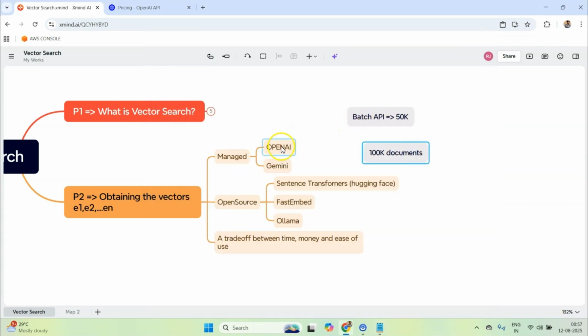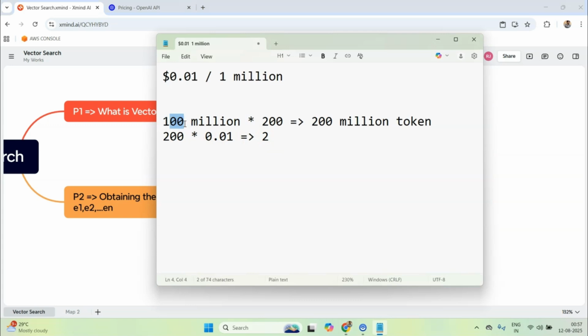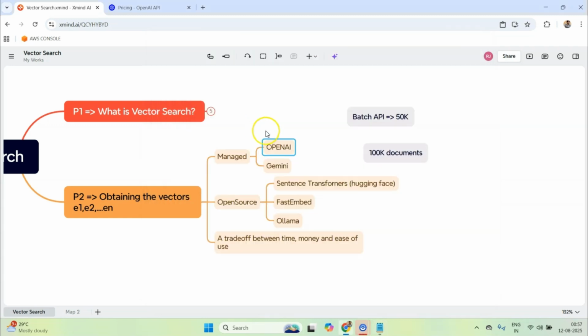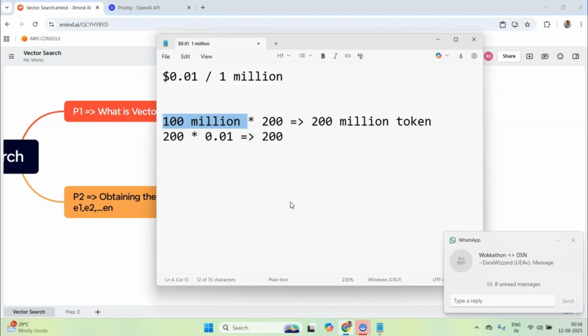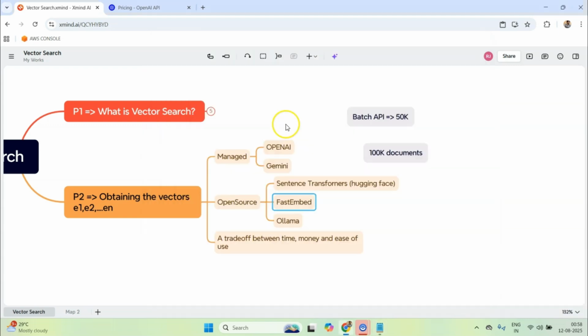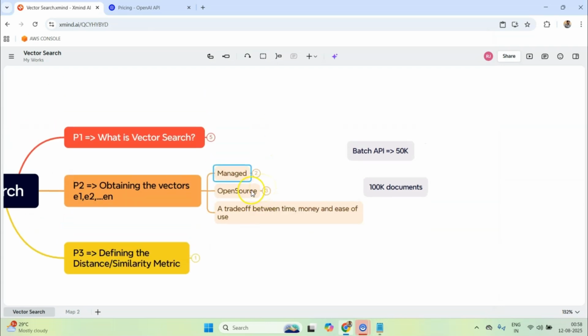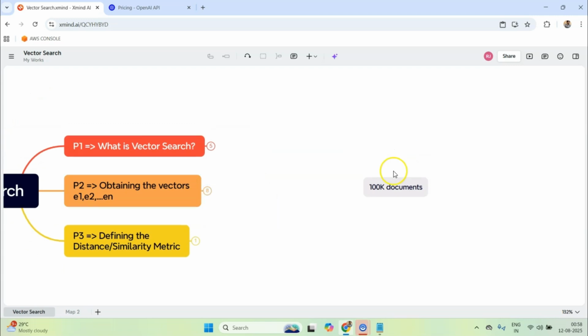To get 100 million embeddings from OpenAI, it would cost 100 times each, which would be $200. That might not be an issue for you because you are dealing with 100 million, which means you are a large organization, right? But time would be an issue for you in this case. So in those scenarios, what you could do is rent out an EC2 server and deploy an open source model locally, or maybe on an EC2 instance. That would be much faster in this case. Okay, so I hope you get the idea, and I hope you understand this trade-off between time, money, and ease of use.